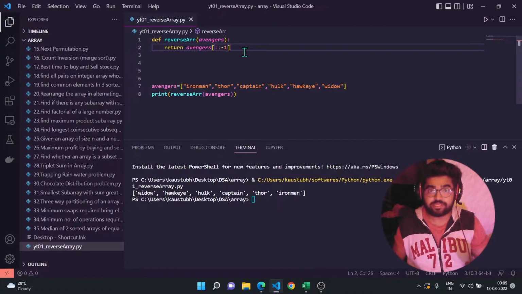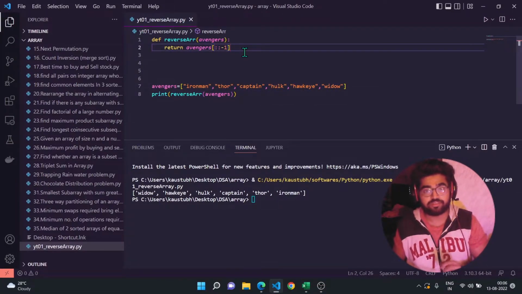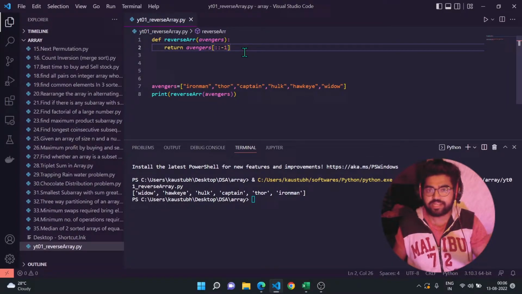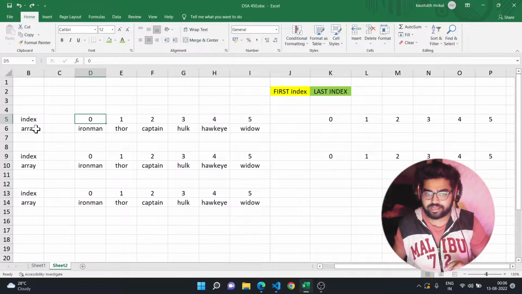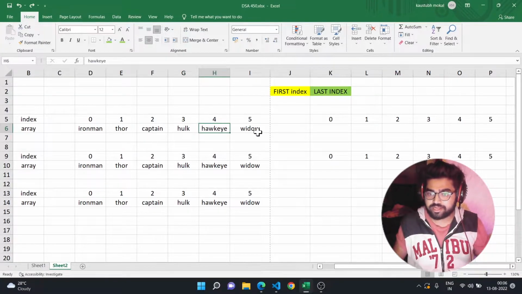But this method is not actually useful in an interview, because in an interview they will not ask you to use any type of inbuilt function or any array slicing method. So is there any other way to solve this problem? We'll work on that. Let's say we have this array Iron Man, Thor, Captain, Hulk, Hawkeye and Widow, which is